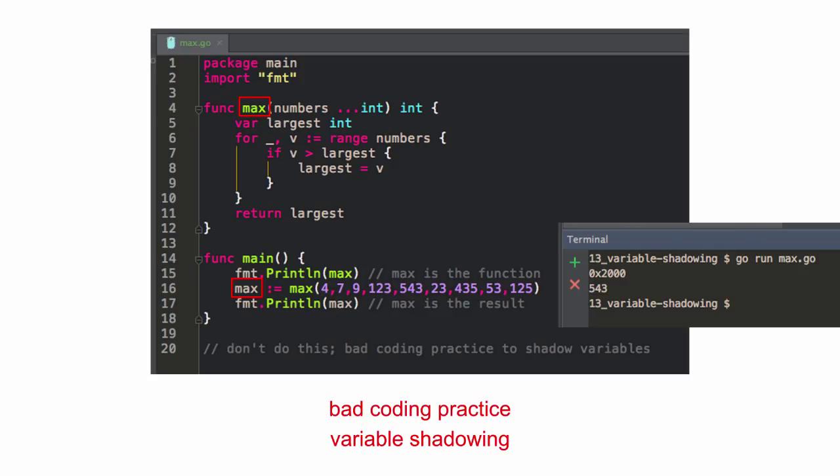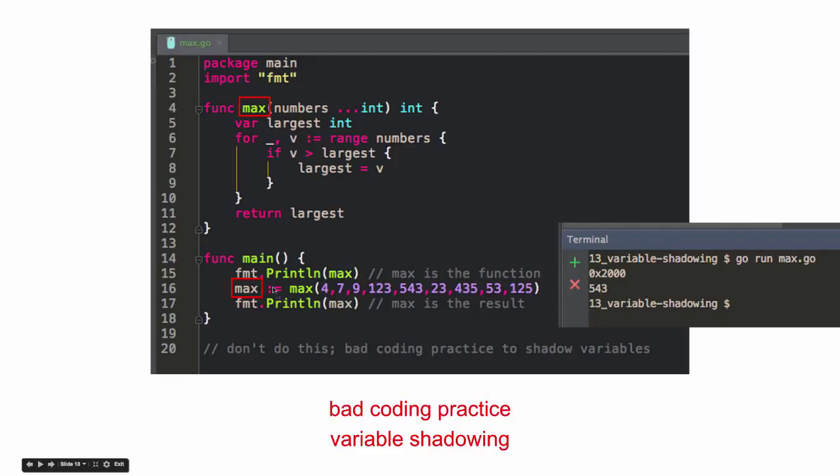And bad coding practice, variable shadowing, right? So how many people are not aware of variable shadowing? This game's called The Truth Will Save You. Raise your hand. Okay, so variable shadowing is like, here I have a function named max, right? And then I can print my function, print line max, and it gives me that. What is that? Memory address. It's a memory address? All right. It's just kind of a weird number, 2000.